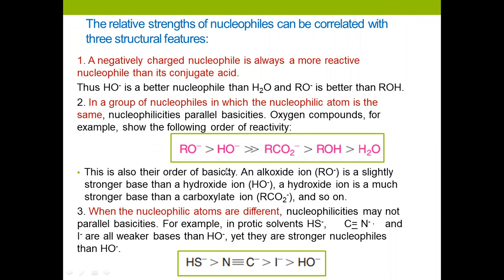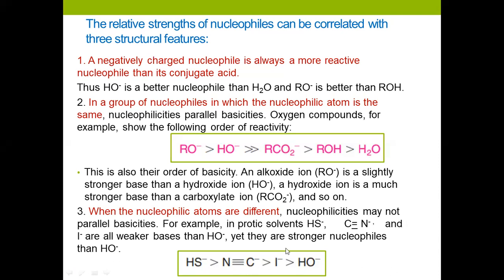Nasabtan ba ko? Now, when the nucleophile atoms are different, so in this case, the nucleophile here is sulfur. Here you have carbon, the electrons. Yes, the nucleophile here is carbon. The nitrogen here is neutral, no charge. Carbon here is the one that's negatively charged. And by the way, it depends, no? And also iodide, iodine, and OH. So when the nucleophiles are different, nucleophilicities may not parallel basicities. So for example,